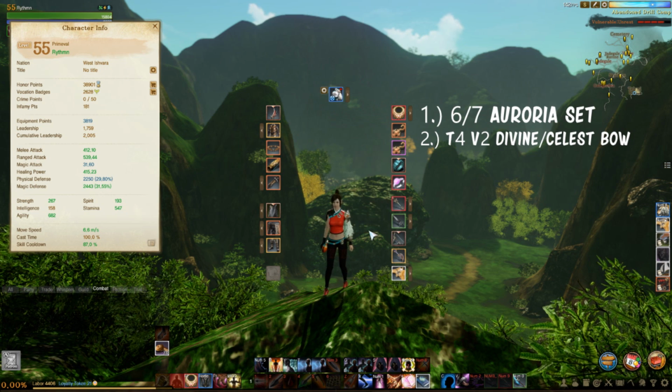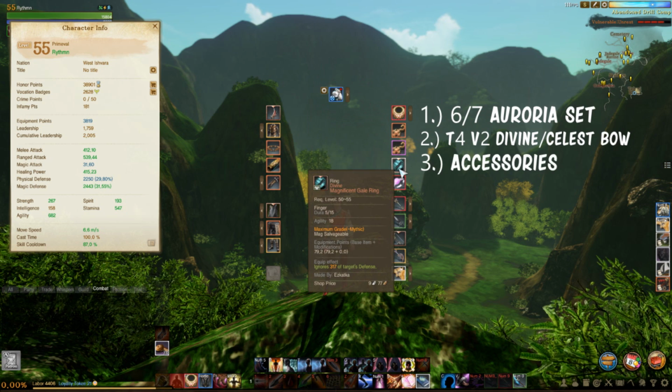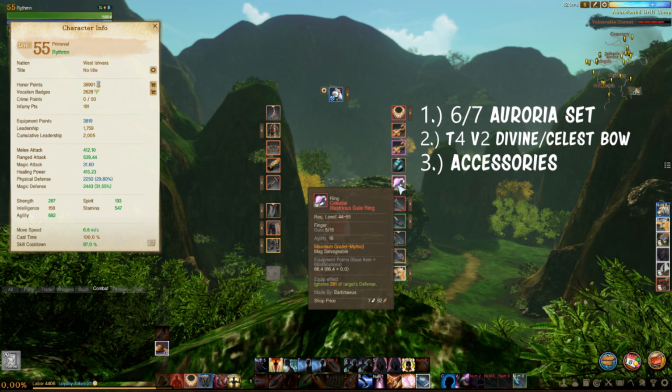Now, number 3 is going to be accessories, the rings. You want to try to get 2 magnificent Gale rings. As you can see, I have one illustrious because I was kind of impatient. He actually told me not to get an illustrious, it's a waste of money, but I was really impatient,